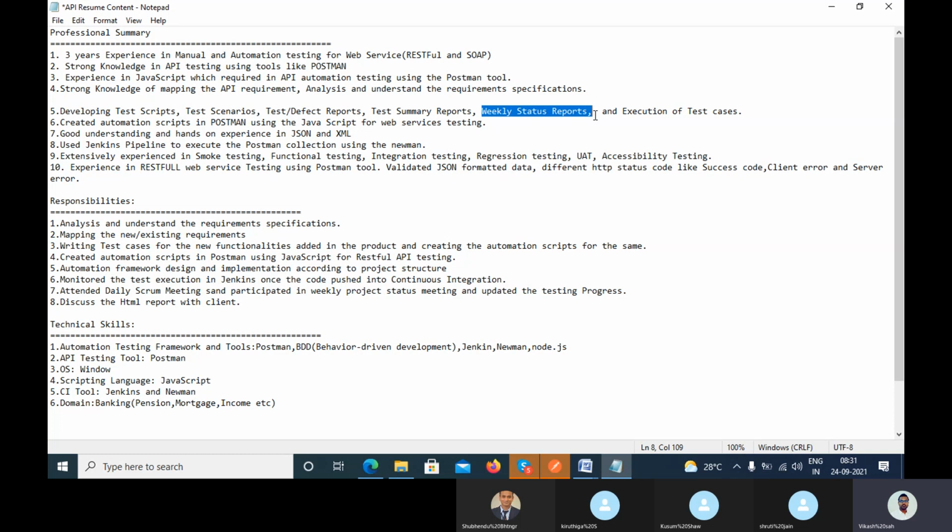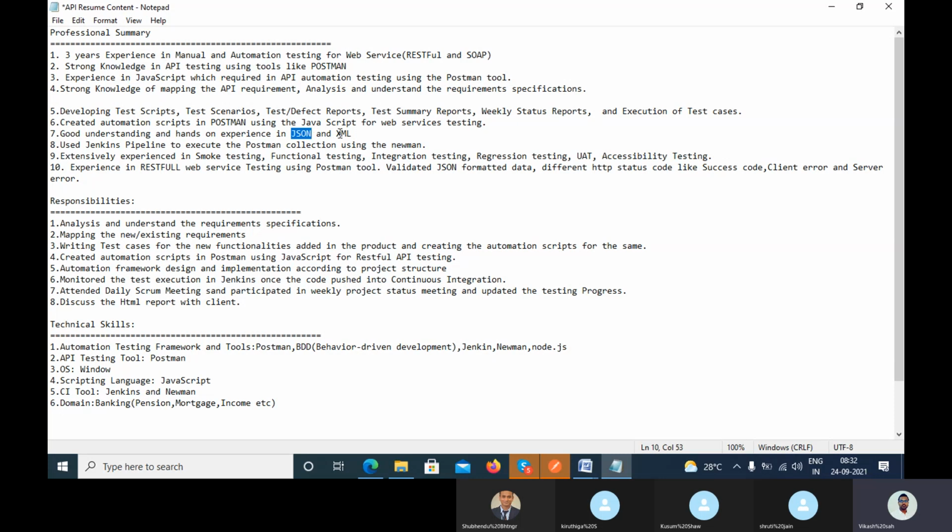Now another point which you can mention in the resume: created automation scripts in Postman using JavaScript for web service testing, which we have already done. Good understanding and hands-on experience in JSON and XML. You can easily understand JSON and XML. If you are using REST, then we are using JSON, more than 95% of the time.